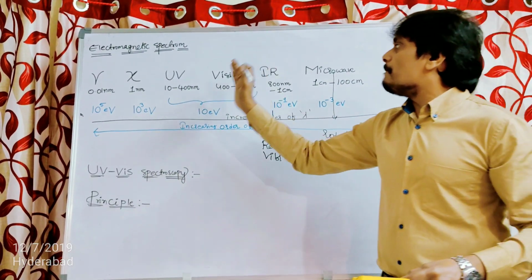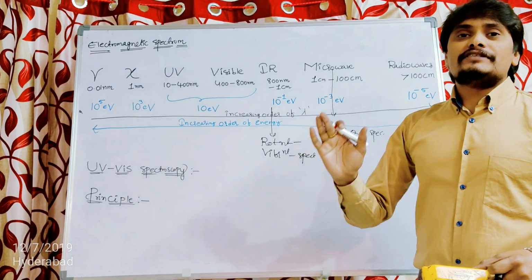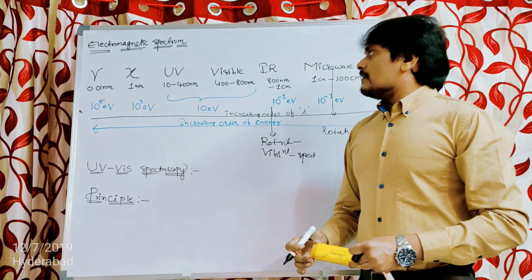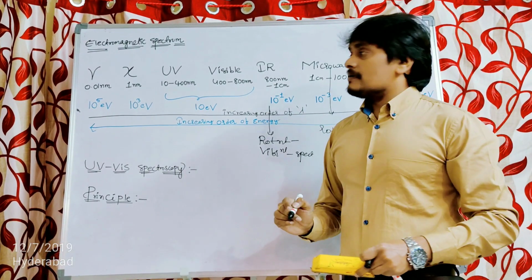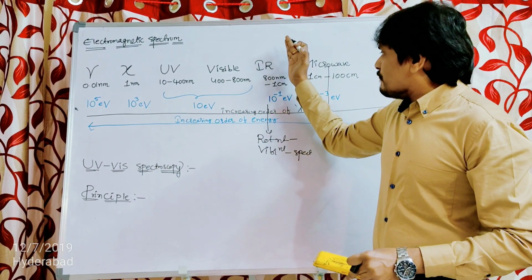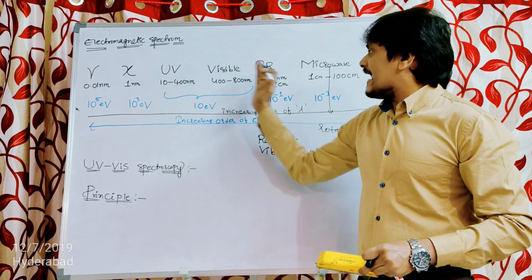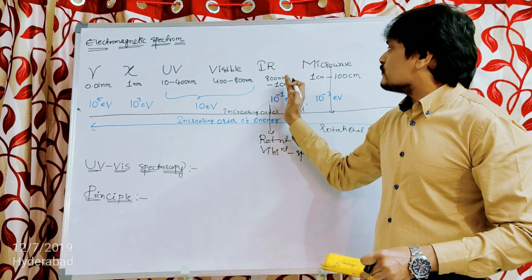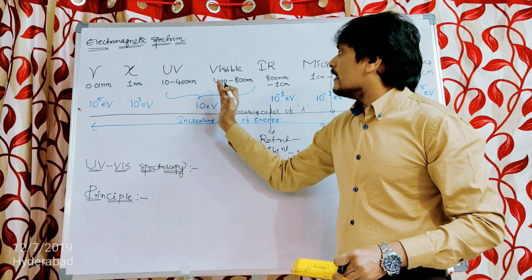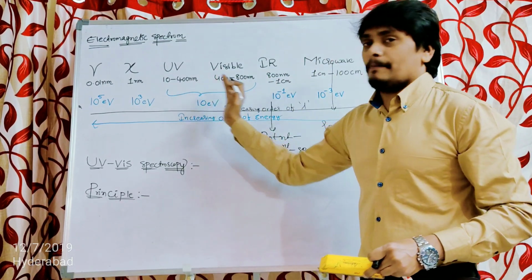That is, we have to combine the UV radiations with the visible radiations. Now, as we are moving from infrared radiations to UV visible radiations, the energy is increasing from 10 to the power of minus 1 to 10 electron volt. Now, as the energy is increasing,